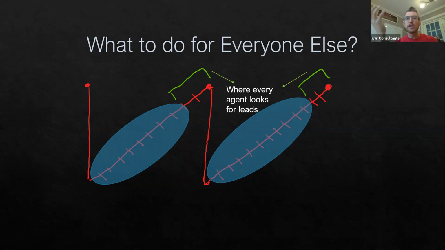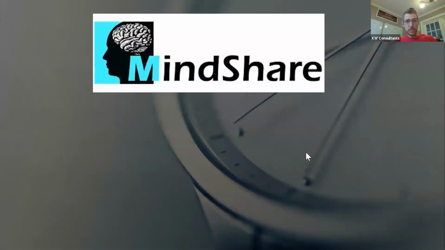And the reality is, if we're out doing lead generation activities, whether it's Facebook leads, pay-per-click, open houses, or Zillow leads, the majority of the people that get sent to us that we call junk all fall into this category, because the reality is at some point they're going to buy something. So the answer to that question is we have to own their mind share.